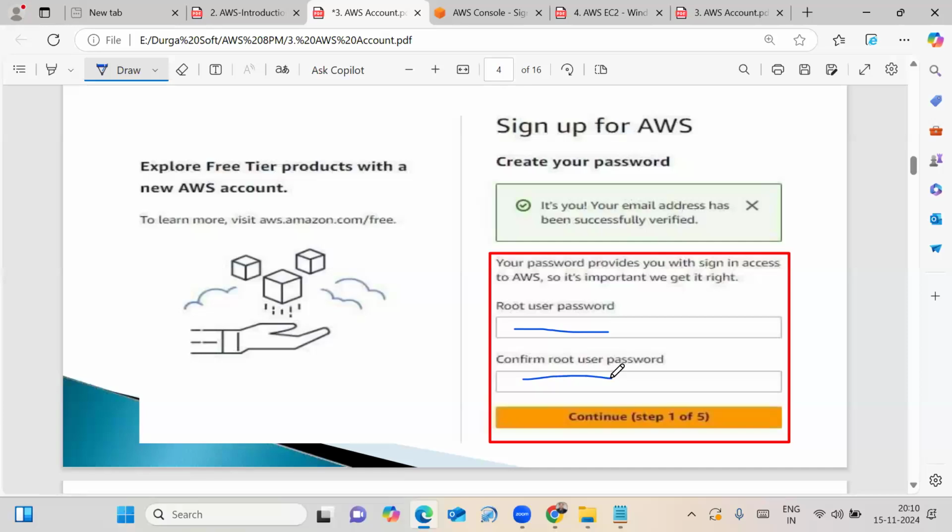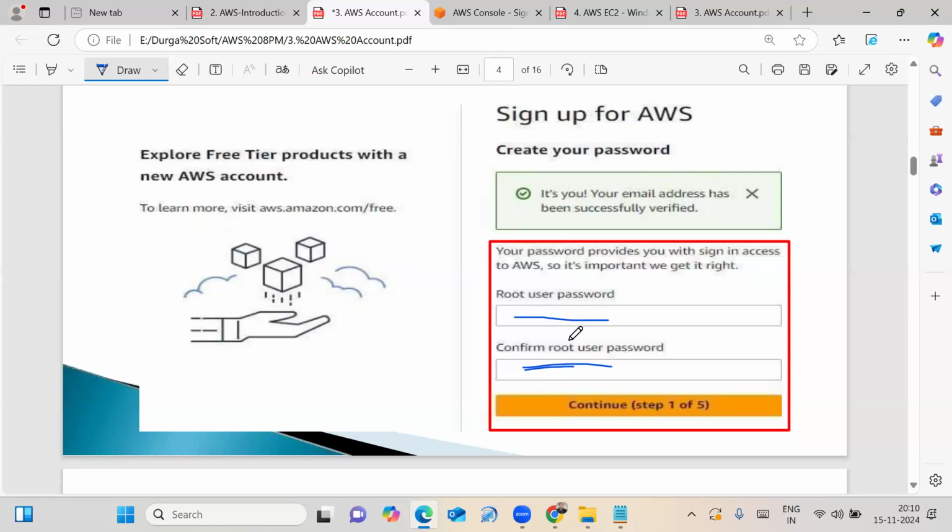The root user is nothing but one of two types of users; I'll tell you about that later. So you enter the password and confirm it by retyping it. Sir, are there any rules we have to follow to create your AWS password? Yes.